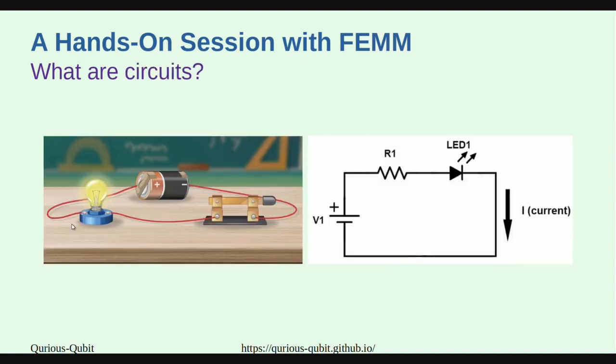So what are circuits? That is the second question. Circuits are fairly simple. This is just a circuit consisting of a battery, a bulb, and a switch, which is typically equivalent to a switch and a bulb or a fan in your house. So this is represented in this way, wherein we can use